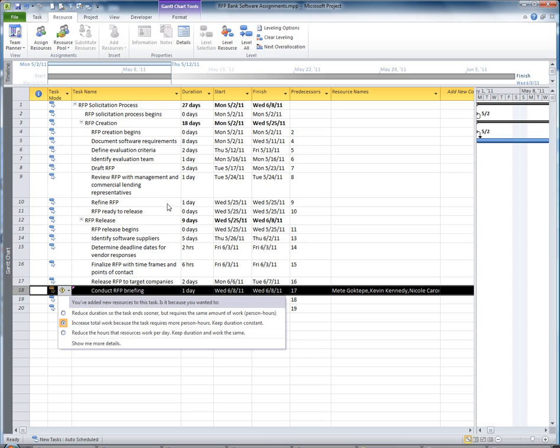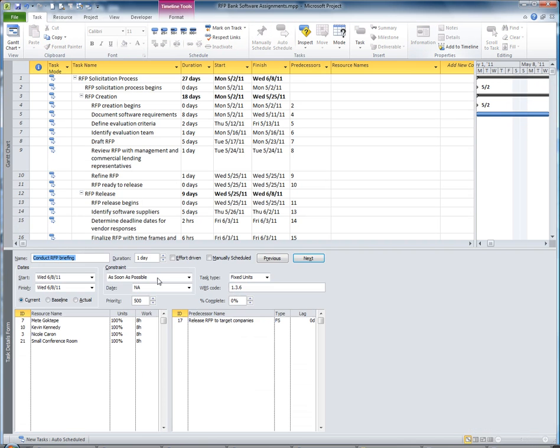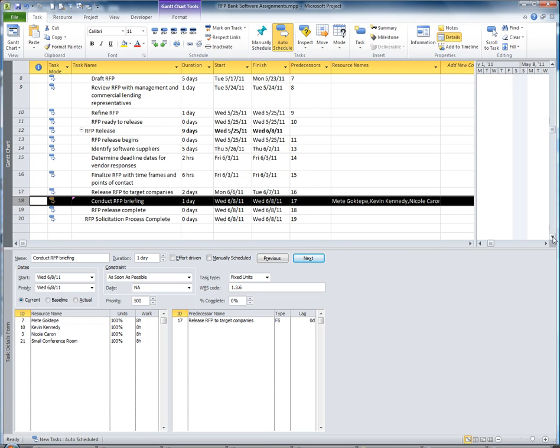Well, what does that mean? I recommend that before and after you add resources, you go up here to the Task tab, and you go way over here to the right, and don't click the Information button, but find this button here called Details. And when you click on that, it will show you the details for that task, and in particular, the distribution